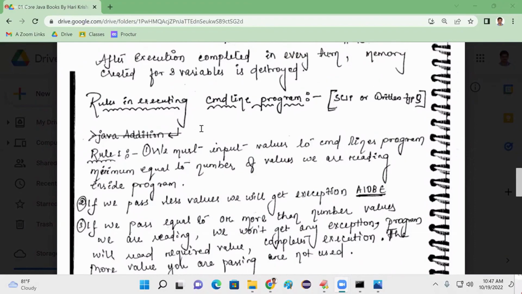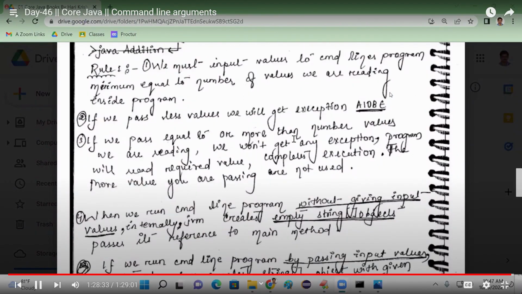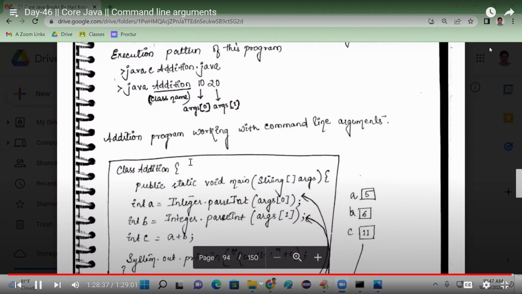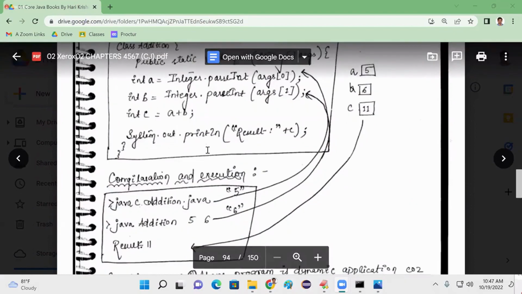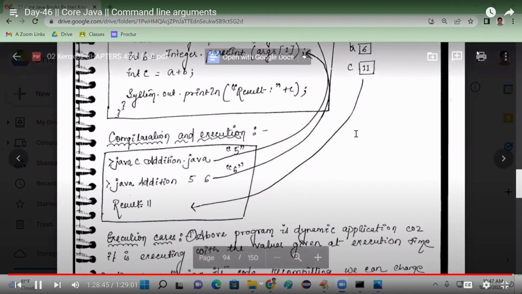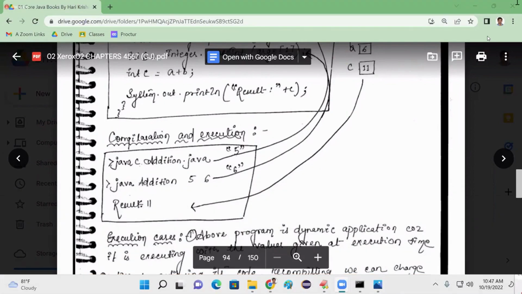Then the rules in executing command line arguments application. Here I have mentioned some points. Anyway, tomorrow I'll explain. So the complete program is here. Will you try to practice all these programs today and come tomorrow? Tomorrow I'm expecting good active participation in the class. Okay. So if you don't participate properly,